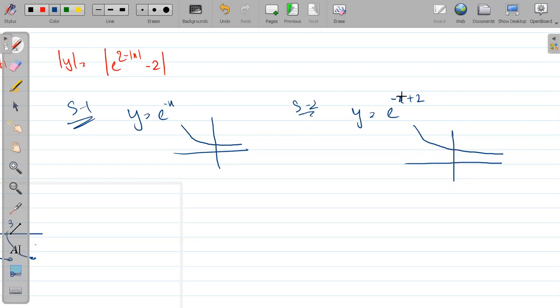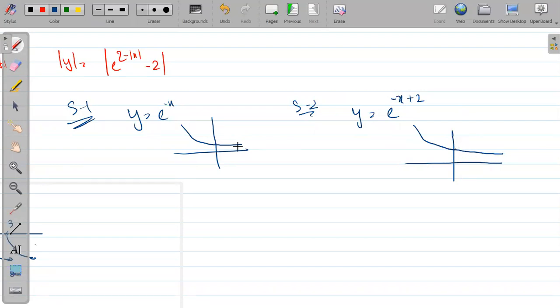If you are putting 0, you are getting e square. The graph is shifted towards right because it is minus x. So don't get confused. If in the middle of the graph you are confused, just put a random value and you can check the transformation. So e to the minus x is this one. For e to the minus x plus 2, the nature will remain the same. Just hold the graph and shift by 2 units to the right-hand side.